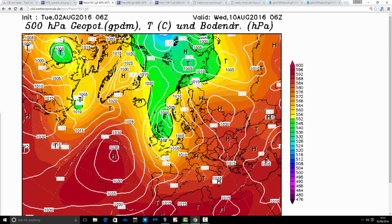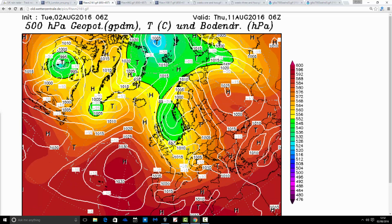So as it goes into Wednesday, that low pressure then is moving to the east of the country, and it's opening the door to this northerly wind. And that's quite a strong wind as well. So this is how we go into Thursday. Now, this is quite a way off, but there's agreement now between the GFS and the ECM on this scenario: